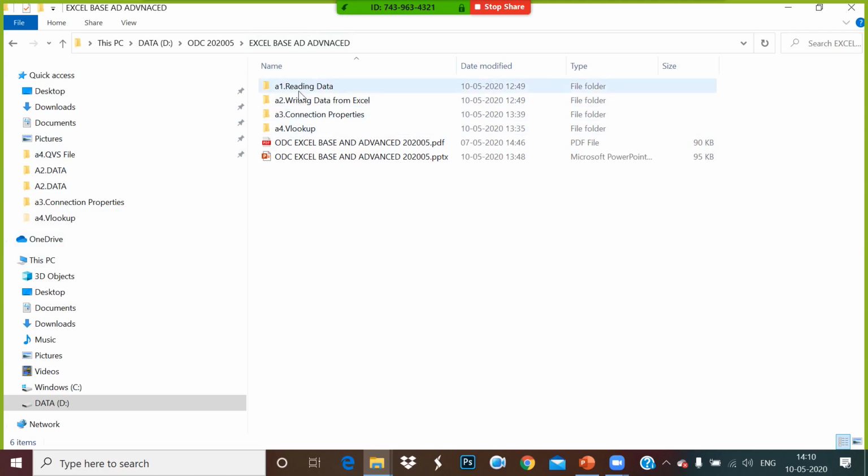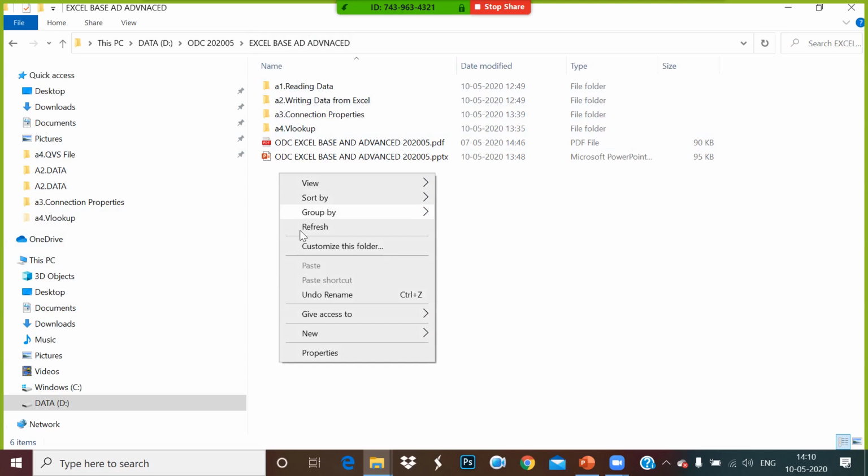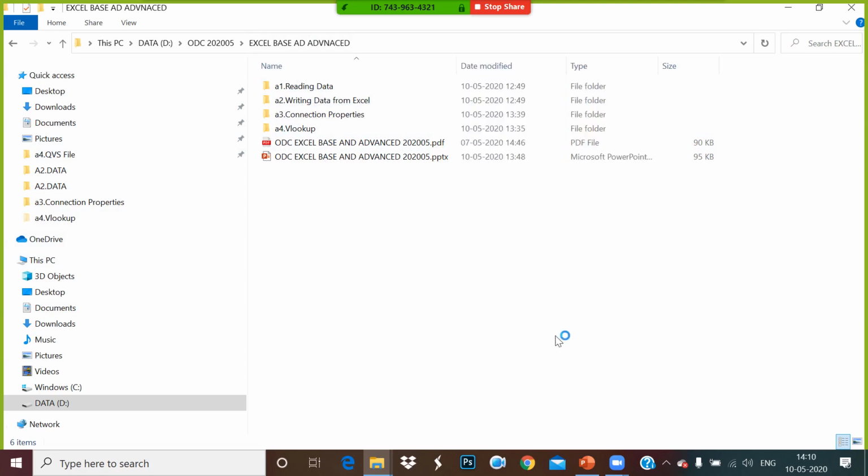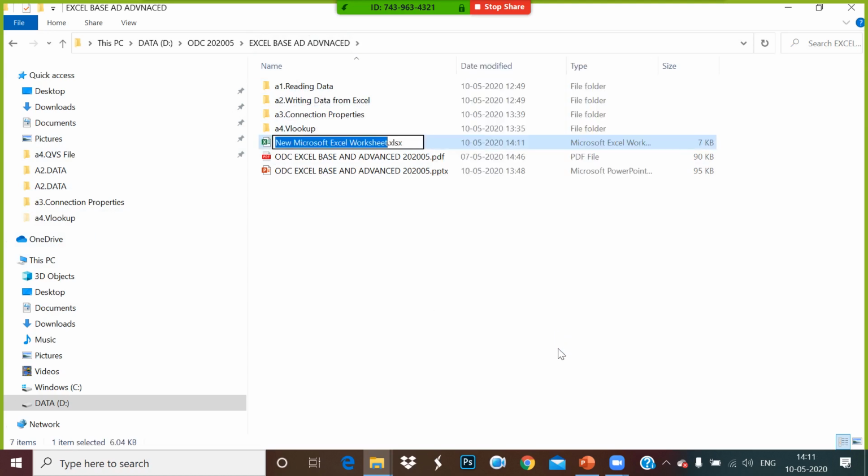With your session one, which starts with reading data files. Before going to reading data files, guys, let me give you a few basic pieces of information that you should know.